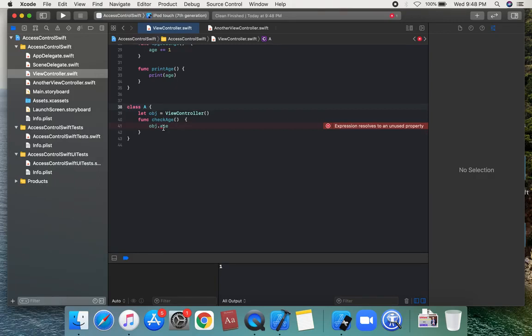What is fileprivate? Fileprivate access restricts the use of an entity to its own defining source file. Use fileprivate access to hide the implementation details of a specific piece of functionality when those details are used within the same entities. So first is the properties.